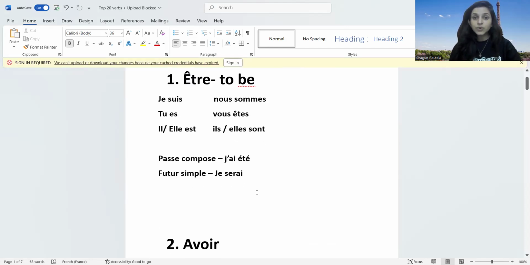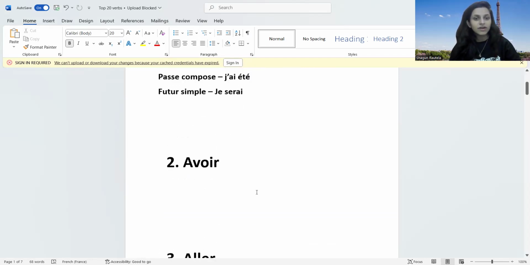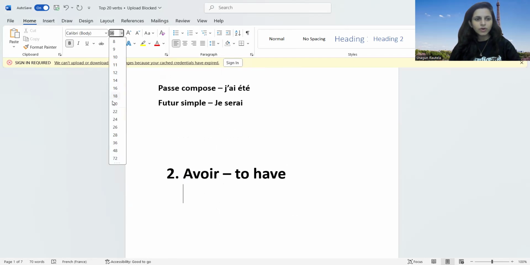So let's continue with the second verb. Are you ready for the second verb? The second verb is verb avoir. What does it mean? What you can do is pause this video and conjugate the entire verb. The verb avoir means to have. When we start conjugating this verb in present tense, it's j'ai, tu as, il a,